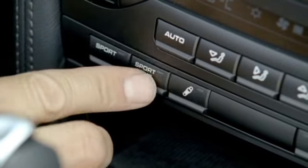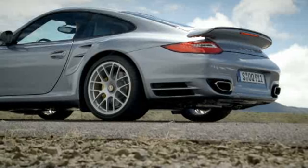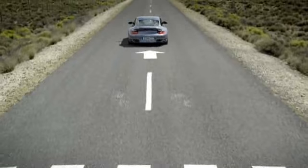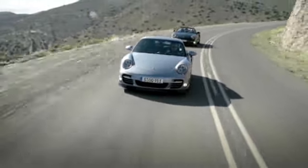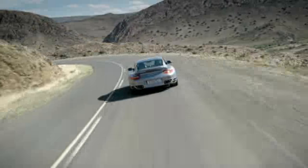The Sport Plus button on the center console is fitted as standard. It activates launch control for the best possible acceleration from a standing start and the motorsport-derived gearshift strategy for racing-style gear changes with PDK. Also standard are the dynamic engine mounts, an electronically regulated system to control the stiffness of